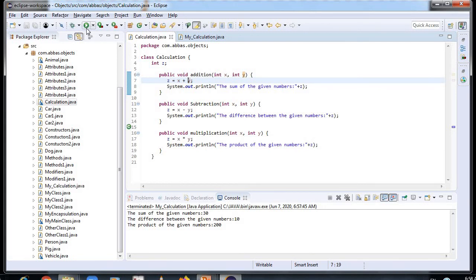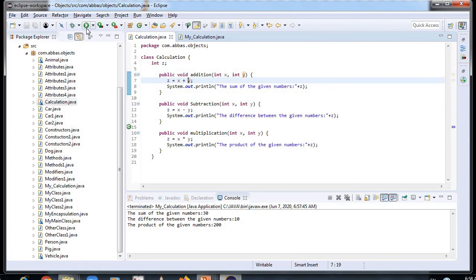This allows us to program a single action in different ways. For example, think of a superclass called animal that has a method called animal sound. Subclasses of animal could be pig, cat, dog, bird, and they also have their own implementation of an animal sound. The pig oinks and the cat meows, etc.